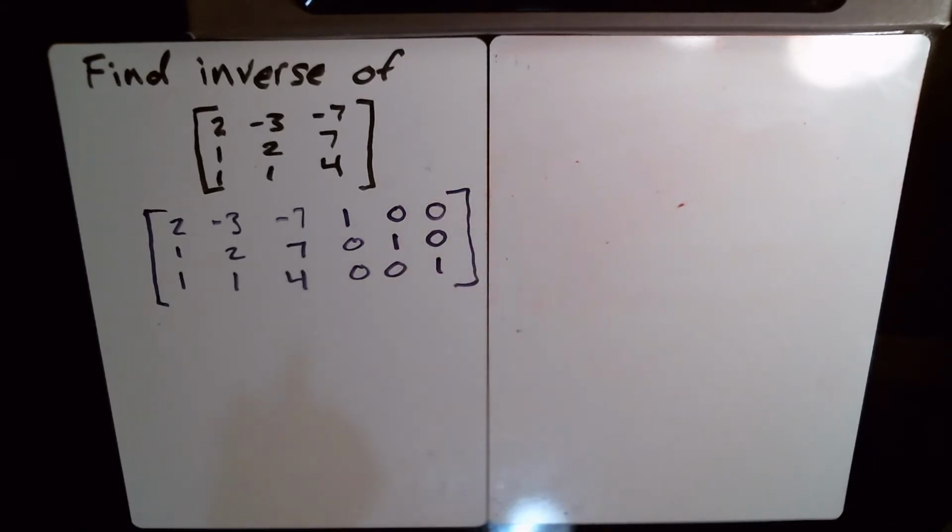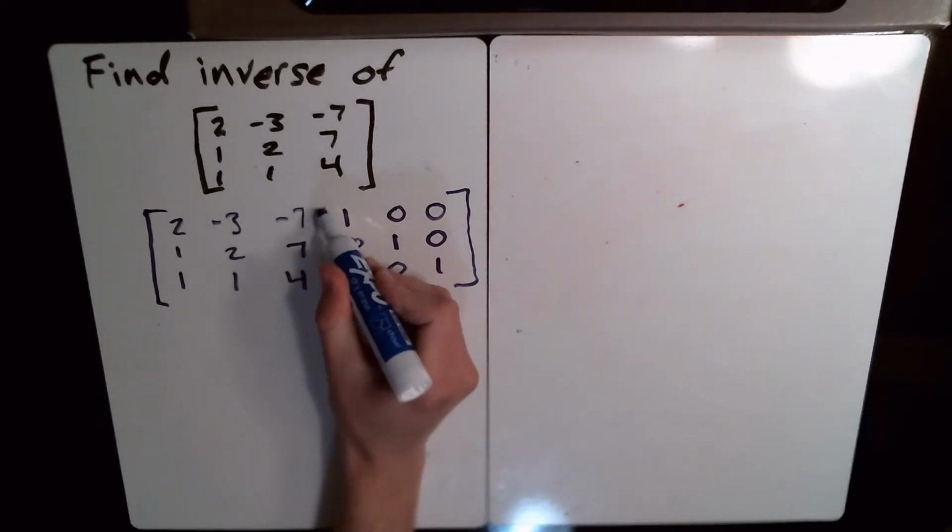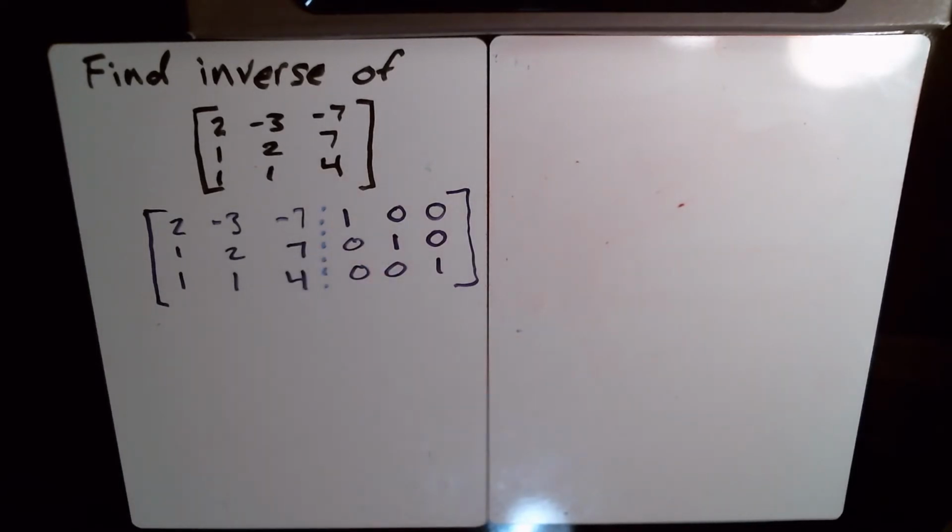And the identity matrix has ones on the diagonal and zeros everywhere else, okay? So you put in your identity matrix, and a lot of the time, I think in the book, they usually put some dashed lines here